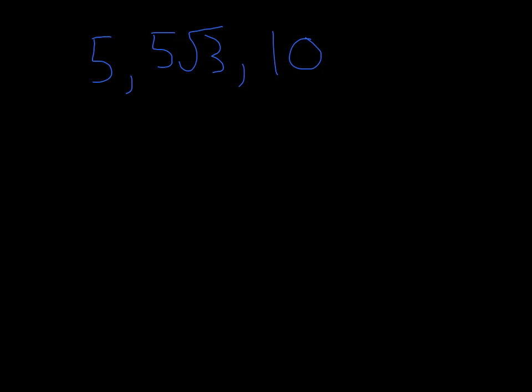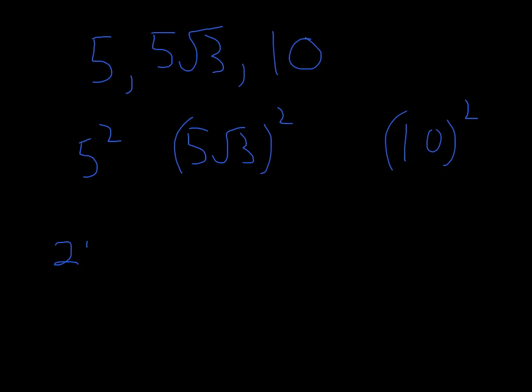I'm going to assume 10 is bigger. Well, we can check it out. So if we do 5 squared, and then I have 5 radical 3 squared, I'm not putting the plus sign. I just want to see which number is larger. I'm thinking 10 is larger, but we square each. So 5 squared is 25. 5 radical 3,